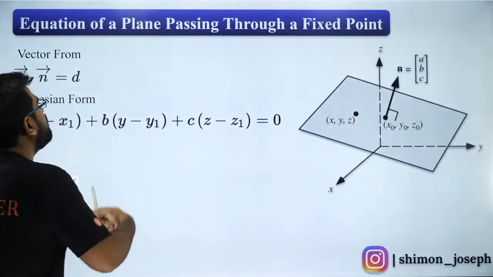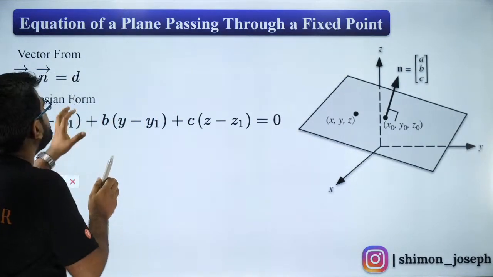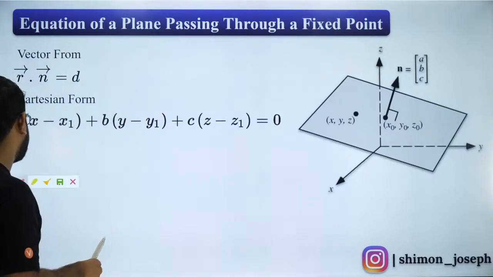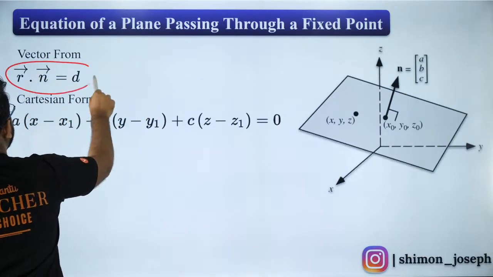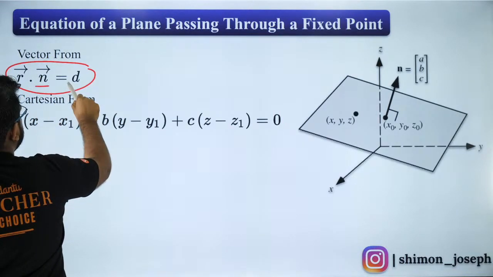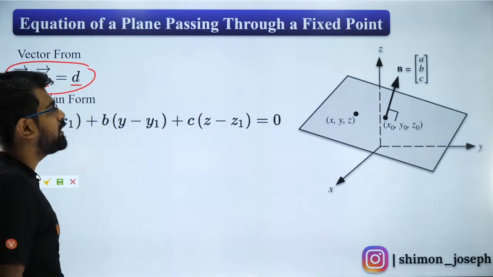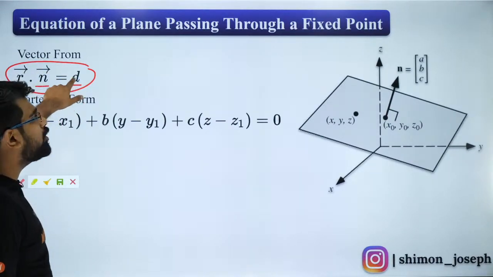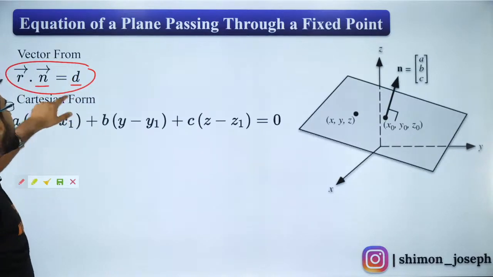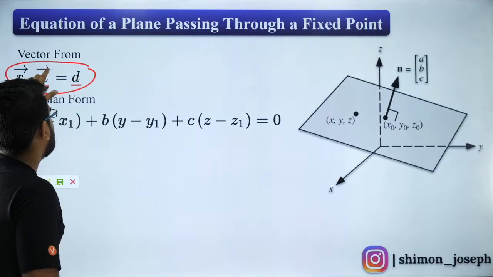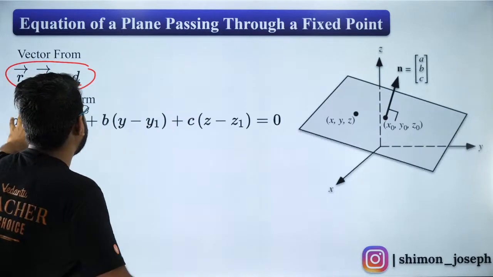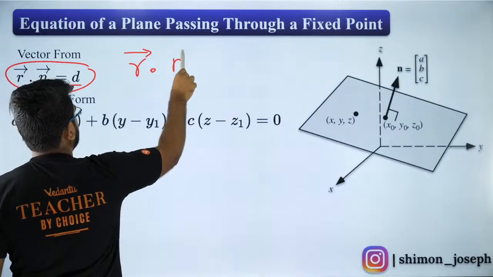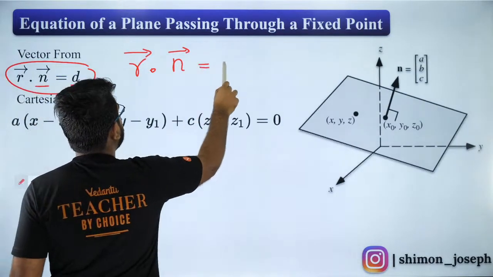Now, how do you find the equation of a plane which is passing through a given point? That is found out by this particular formula. So the equation of a plane, when your normal and distance from origin are given, you can do it by this method, which is r dot n cap equal to d. Okay, so let's not confuse. I will tell you a very easy method. If you have r, if you have n given to you, then r dot n equal to d is